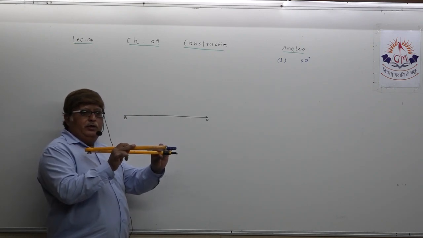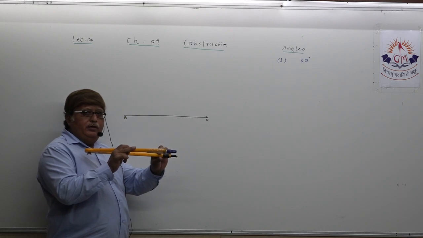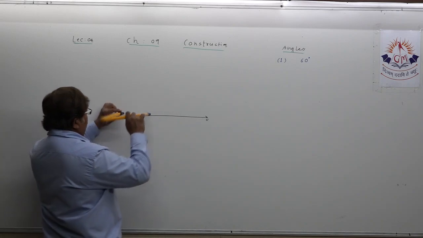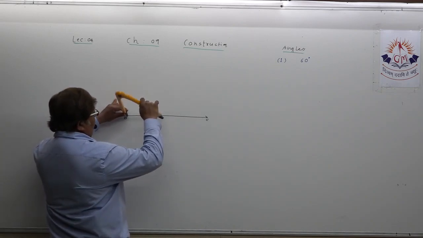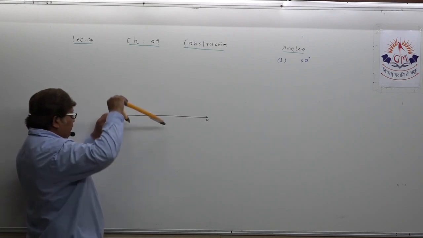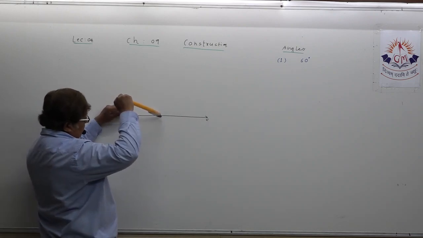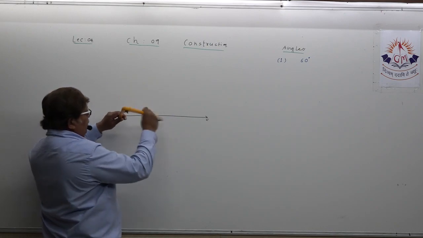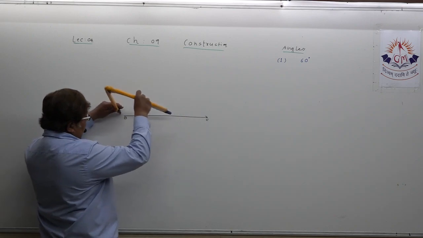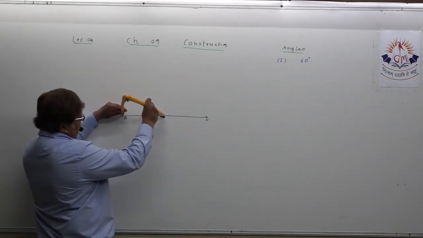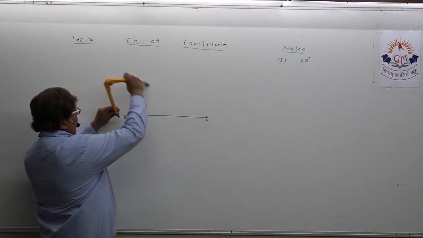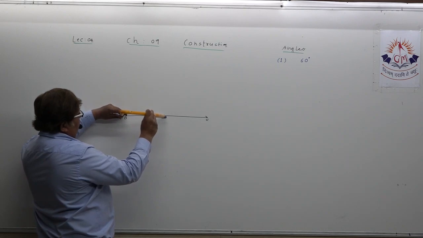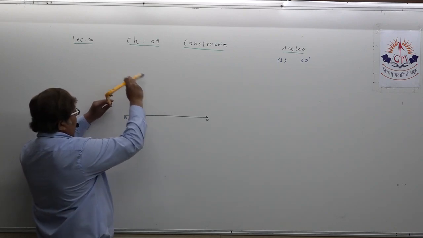Do we have to take any particular radius? No, you take any radius of your choice, any appropriate radius of your choice. No measurement, I am just showing it here this way. You take radius of any measure appropriate. You cannot take this much, okay, because this is ray BC. So take radius of some appropriate measure and draw an arc this way. I am going to keep center at B and I will draw one arc this way.